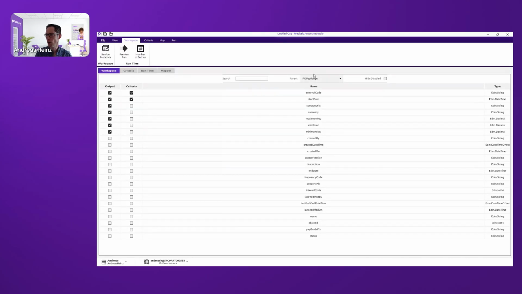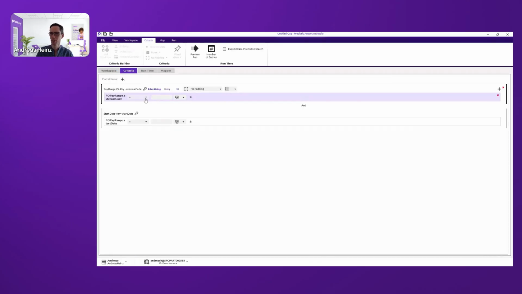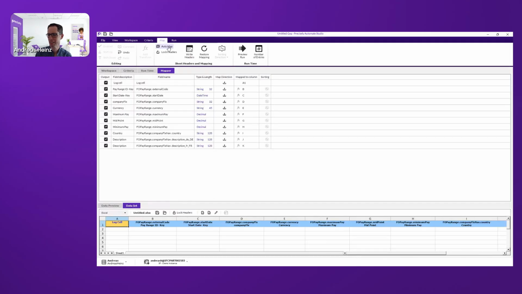So we see the fields from our pay range service that we've selected. And now we see here also this multi-range, which I selected as well. From there, we, for example, want to download the descriptions in, let's say, German and in French, just to have a few values and maybe the country as well. We can define our values, our criteria. Again, I want to use a like value here and then quickly automap the data